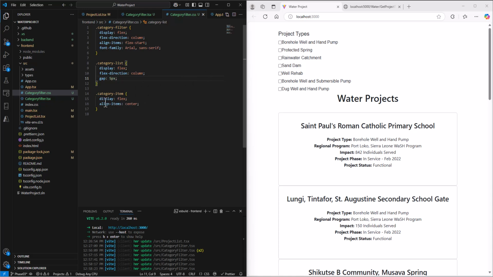And then here, we can do the same thing. We can go in and throw in a gap and say we want 8 pixels there to get a little gap between the checkbox and the text, and that makes it look a little bit better. Many of you are so much better at this style stuff than me. Then we can do some other things, like I can add in another one, category checkbox, and just make the checkboxes look a little bit better. They're kind of small relative to the text, so we can add in a flex shrink,